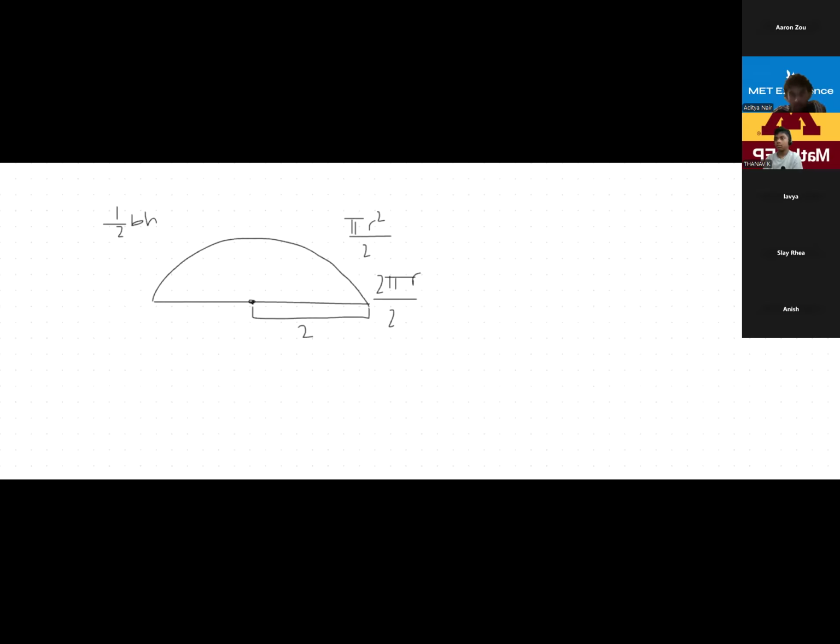And I think earlier I saw some questions about arc length. I don't recall if arc length is on the test per se, but I will just put up an example. So let's just imagine that this is like a piece of a whole circle. Let's call this right here 45 degrees. Actually, wait, I'll come back to arc length because I have to cover angles anyway, so we can just do that at the same time.